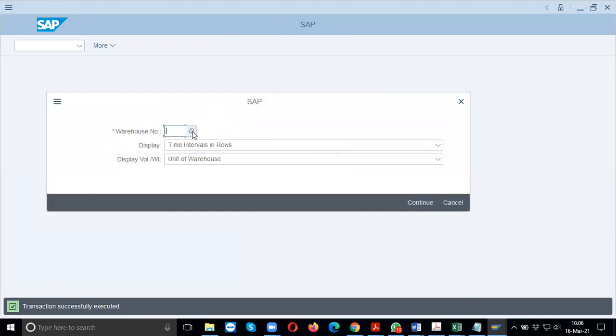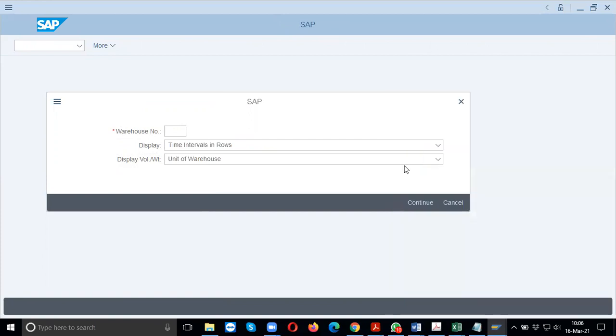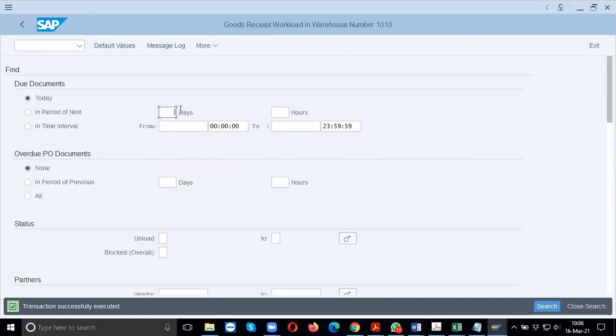For this, you will see there are already best practices involved. There is central warehouse, a warehouse cross industries, any warehouse you can use depending upon the department. So you can click on continue. They have already given pre-built configurations to use. That is why it is in more demand these days.